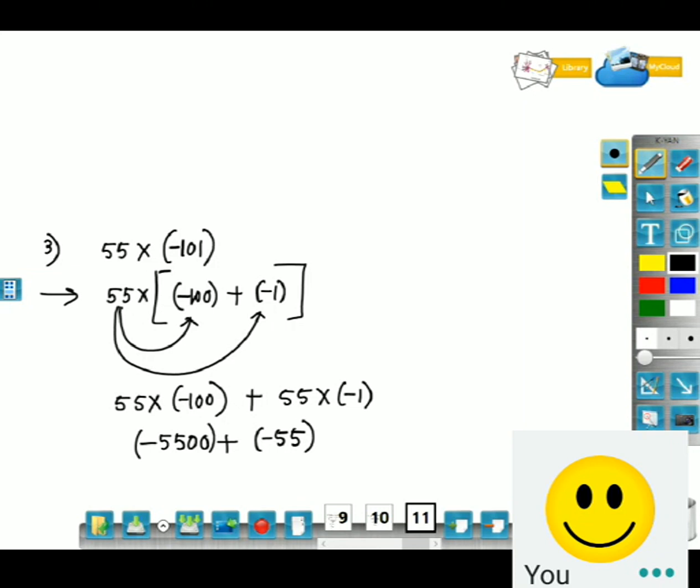Now both the integers are negative. If the signs are the same, we have to add and put the negative sign in the answer. The answer would be minus 5555. Whenever we are using the distributive property, always you have to split the terms. If the question says to use the distributive property to solve the given problems, always remember that if the numbers are like this, you have to split them and write your answers. If the numbers are already split, you have to combine them and do the calculations. Is it okay?